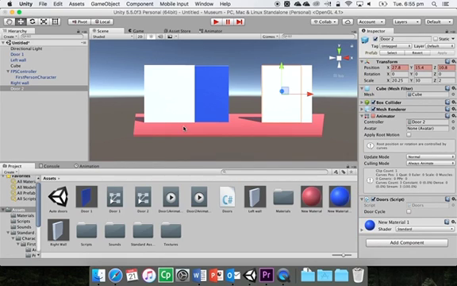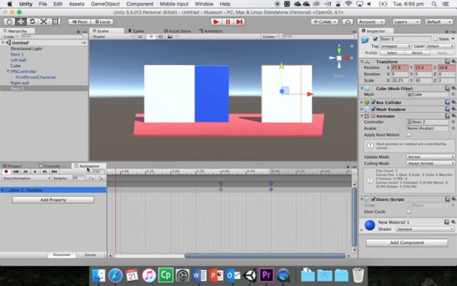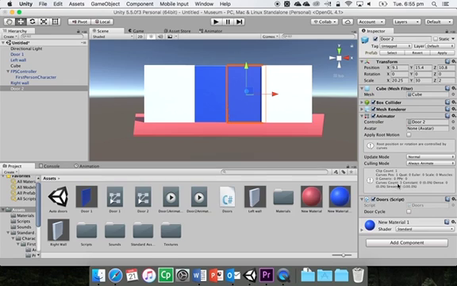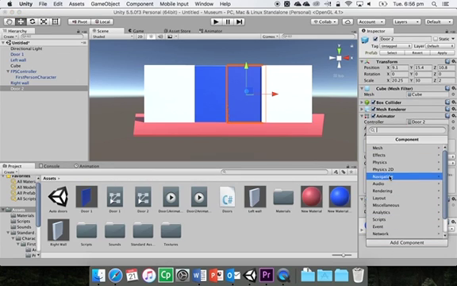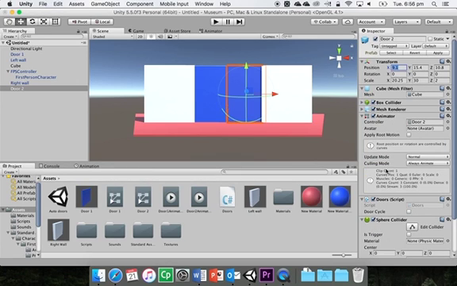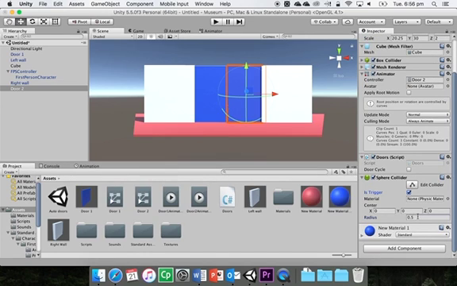Going back to our project, so we've worked our door animations now. We've got both of our doors animated. We need to add our, just one moment because that is still recording, so it's now turned off. Go back to our project. We need to add our sphere collider, making sure we select trigger. I'm going to change that radius to 1 again, and this time I'm making the center negative 0.5, which means